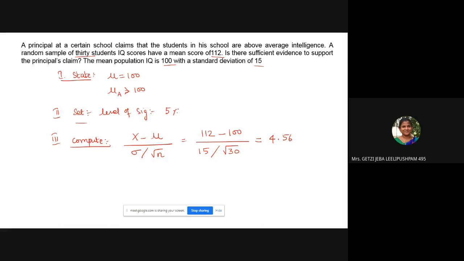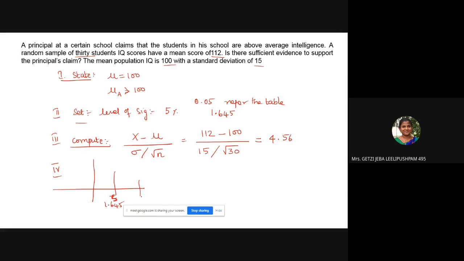Now the level of significance is 5%, that means 0.05. So refer the table. When you refer the table, the value is 1.645. When you refer the table for 5%, it is 1.645. So shall we justify? We'll draw the tail test. The value is positive only, so let us go for one tail test. This is the Z, this is the level of significance. Let's take 1.645.